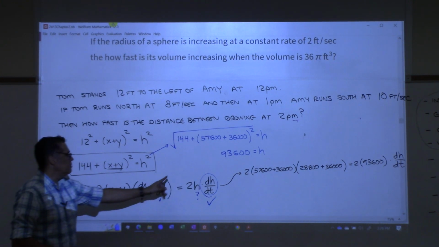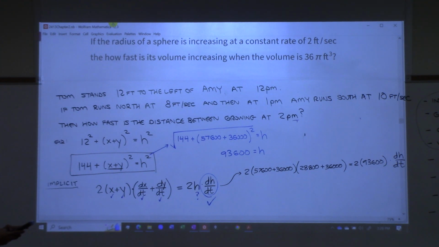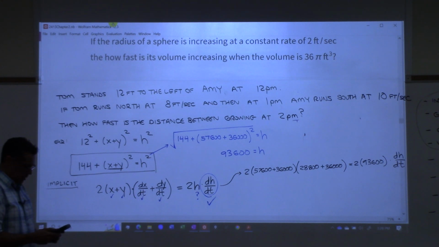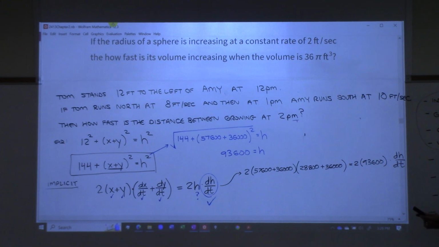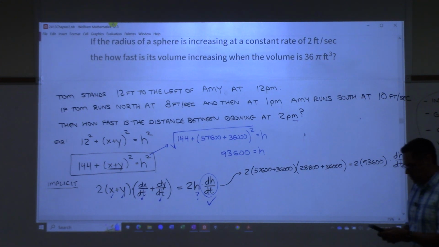Oh yeah, you could have canceled these 2's out. Let me just figure out what we get here. I'm just going to do the left side first. It's huge, yeah. It's like extremely close to 3,600. It should be, yeah. Okay, so when I multiply the left side, oh my gosh. You know what I'm doing? I'm going to take that number on my calculator, and then I'm going to divide by 2, and then divide by 93,600. And I get